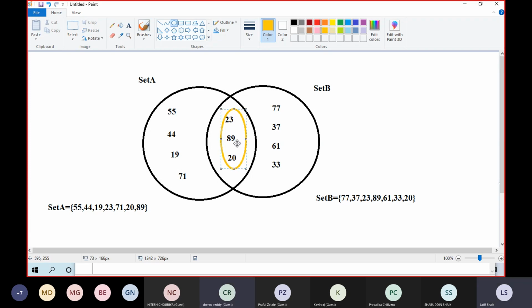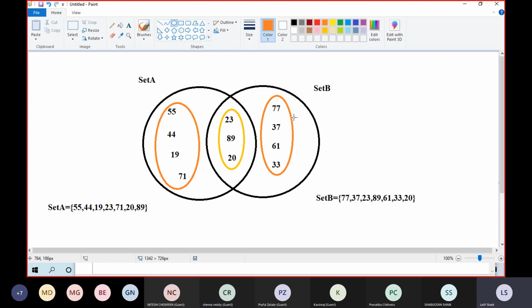This is common between set A and set B. This is only set A. This is only set B. And overall, this is entirely set A and B, the union type. Set A union set B. So this is the overall picture.